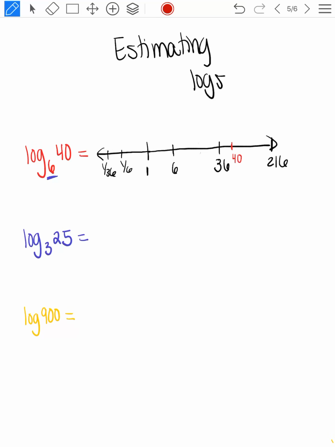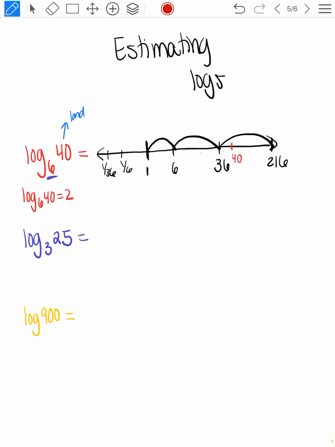So log base 6 of 40, if I'm evaluating that, it means I made my number line going by 6s and I'm trying to land on 40 and I'm trying to figure out how many jumps there are. Well, I always start from 1, remember, when I start jumping. So 1 jump will get me to 6, 2 jumps will get me to 36, 3 jumps will overjump me to 216. So I'm going to estimate that log base 6 of 40 is a little more than 2 jumps,